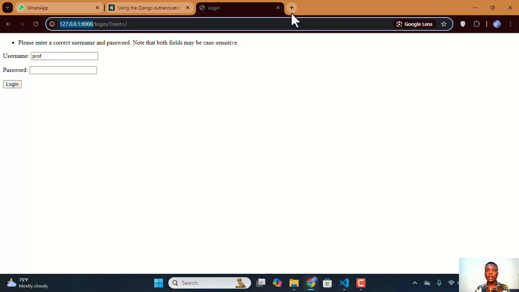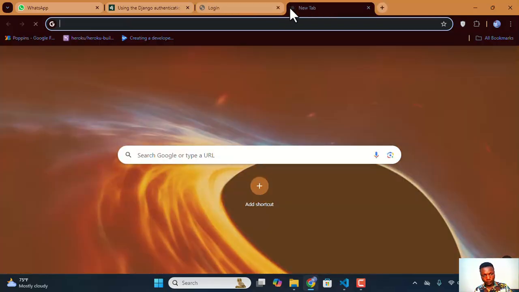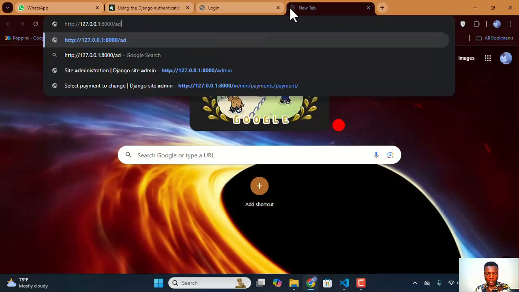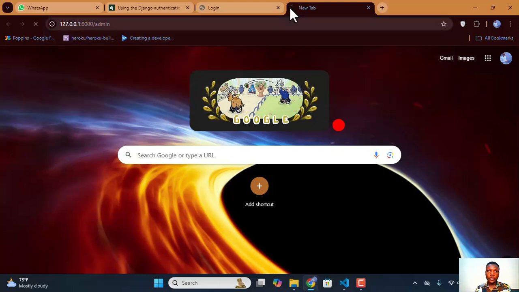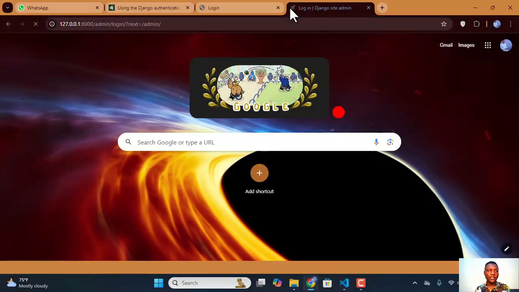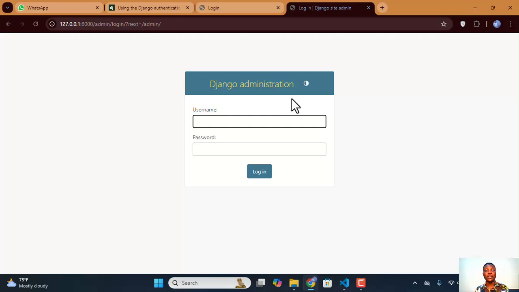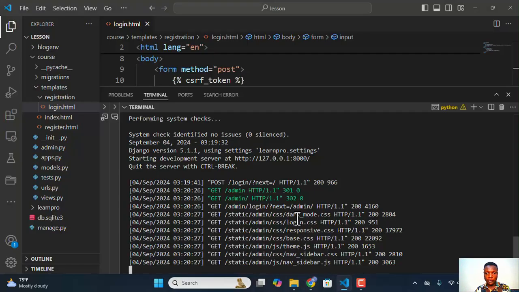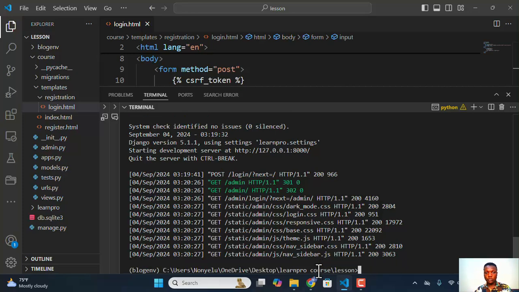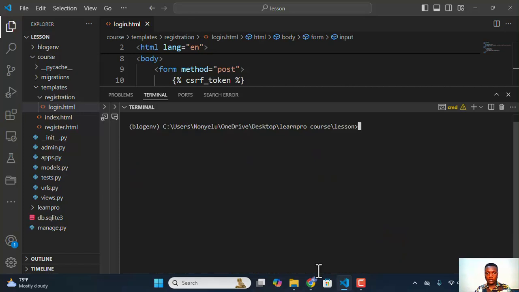So I will say /admin. So this is one advantage of working with Django, because automatically Django creates the admin interface for you. So what I will need to do now is to end my server so that I can create a user. So Ctrl C, CLS. Now to create a super user, which is the user that will control the admin, we use